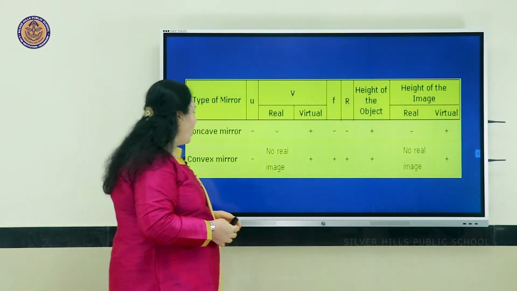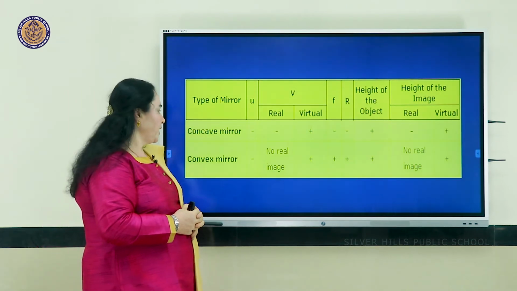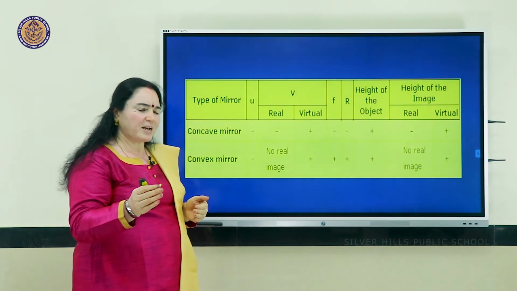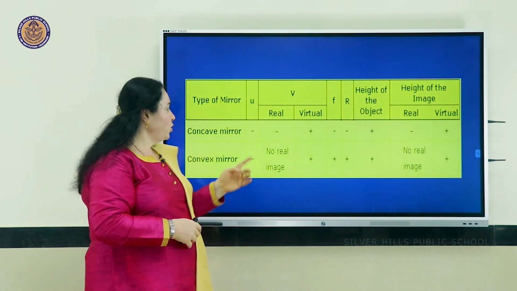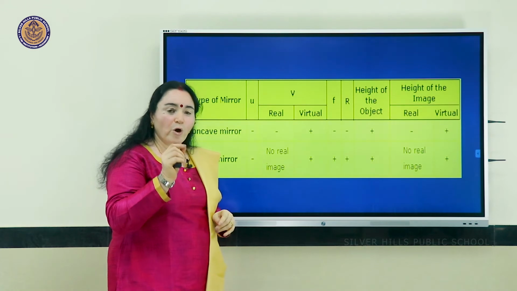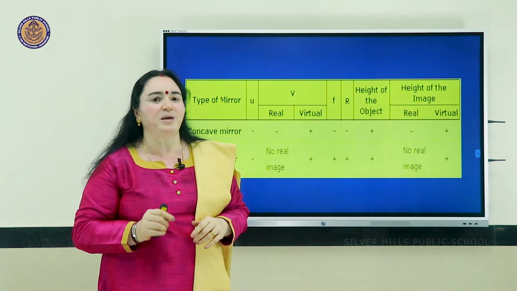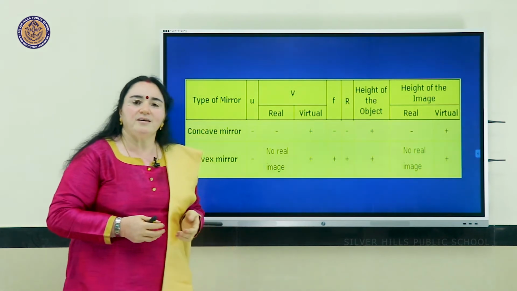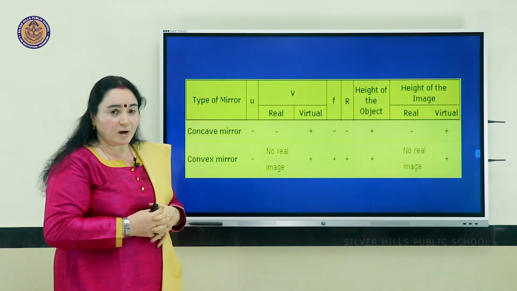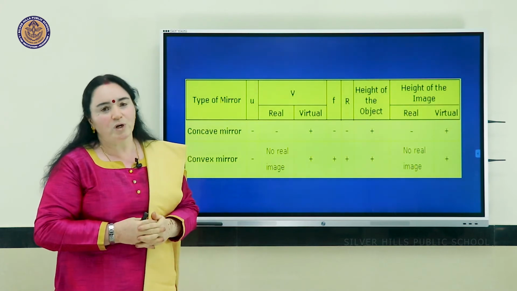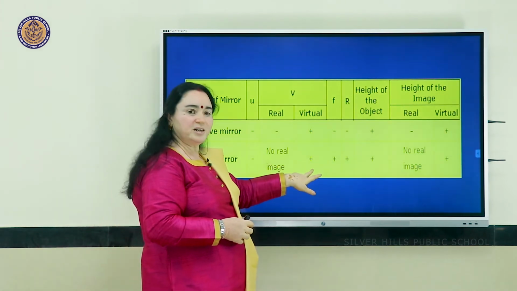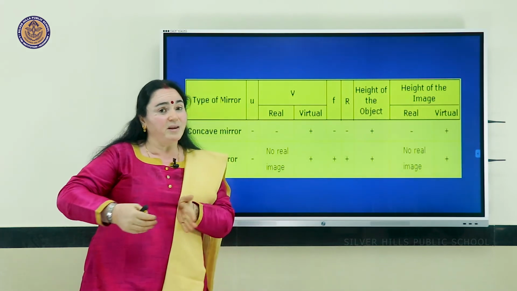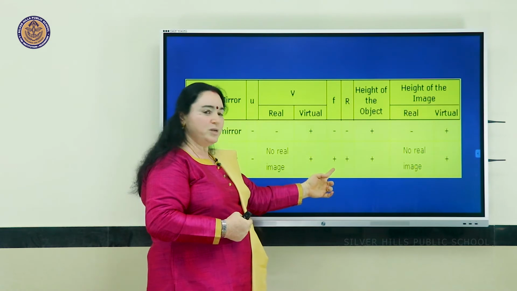Now check for our convex mirror here. Be it a convex mirror or a concave mirror or for that matter lenses also, you see that the u value, that is your object distance, is always going to be negative. A convex mirror never creates a real image, so you don't have to worry about it at all. It always creates a virtual image. The virtual image so created gives me a positive value. For a convex mirror, the focal length lies inside the mirror, behind the mirror. So the value is positive.